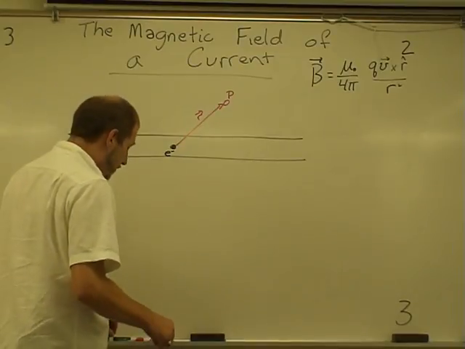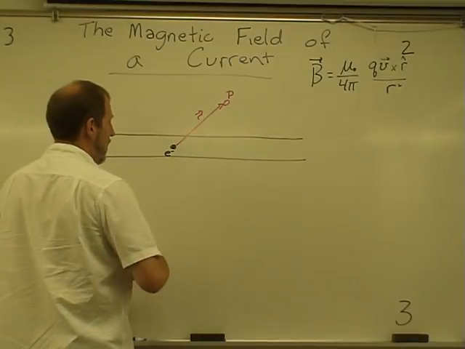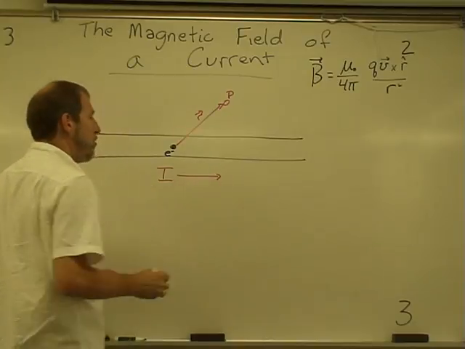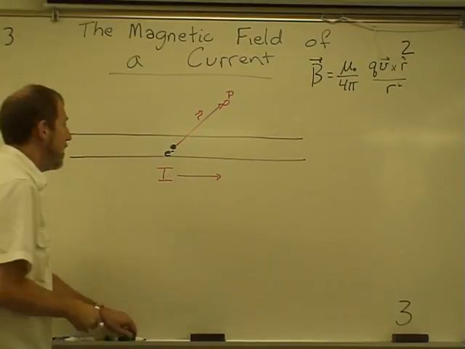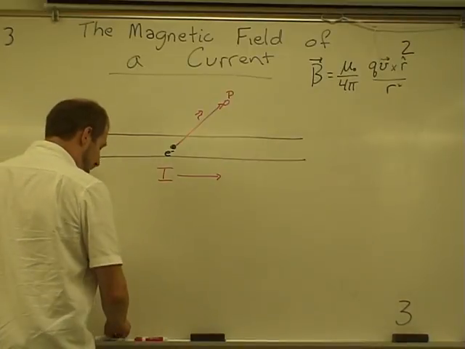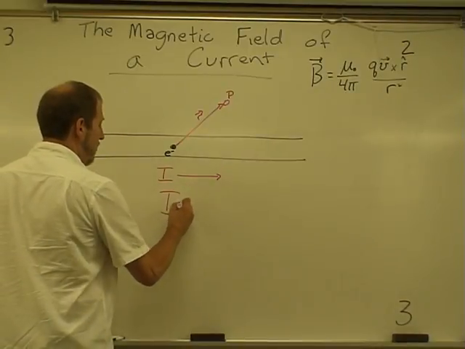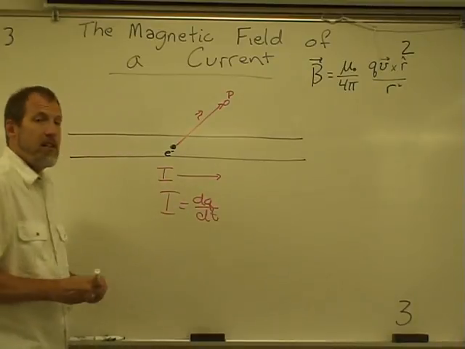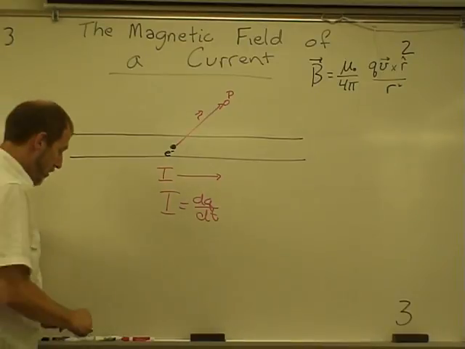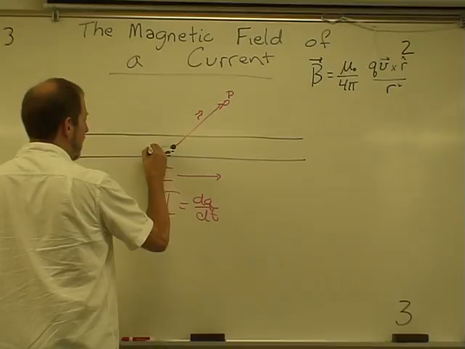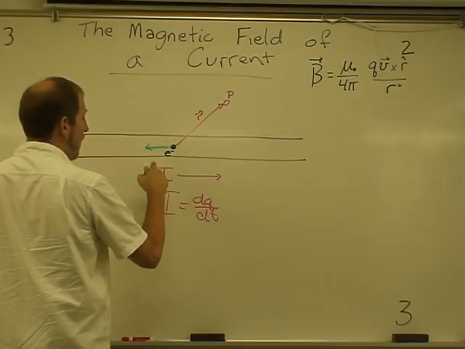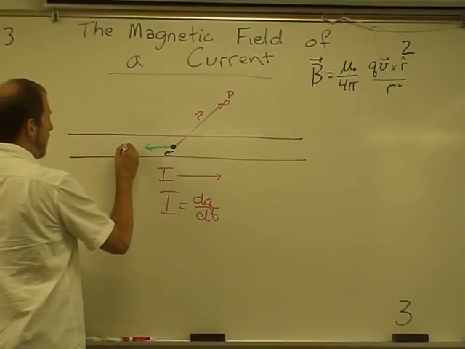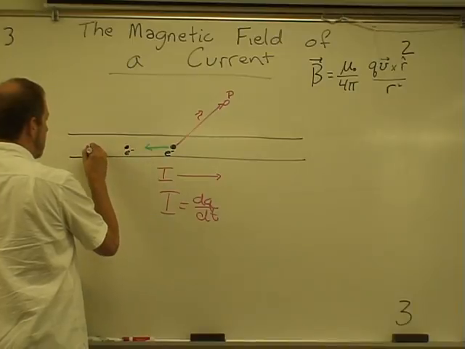Now, if I were to define, let us say, a current moving to the right as drawn here, that means that since current is defined as the change in charge over the change in time, then a moving charge establishes a current. So if I've got this electron with a negative charge moving to the left, that gives me a current to the right. And if I have a lot of those electrons,